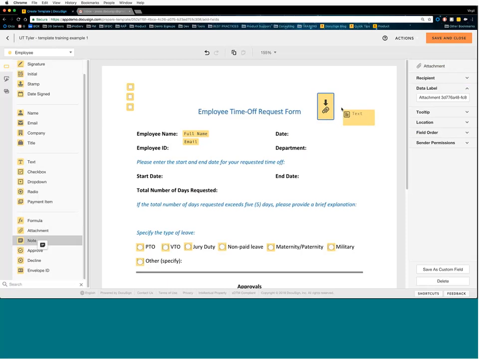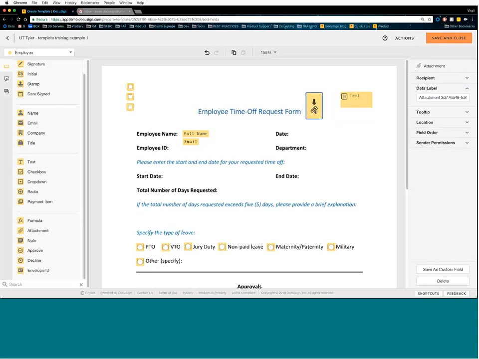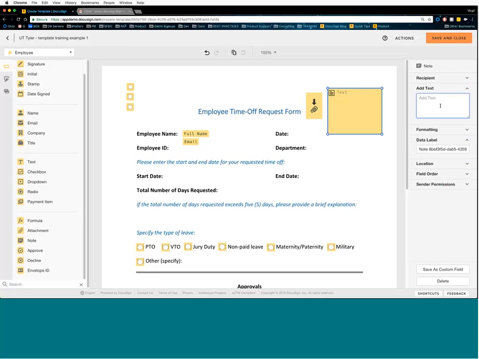Now this little note field can be very helpful, especially for these attachment fields, especially if you don't have verbiage on your document letting the recipient know what type of attachment you want. And if you have a hard time updating the verbiage on your forms, the note field is used a lot just to add some additional context. Again, making sure that the right information is getting inserted where you want it to. So this note field, what I could do here is I could add a little note saying, please attach your ID